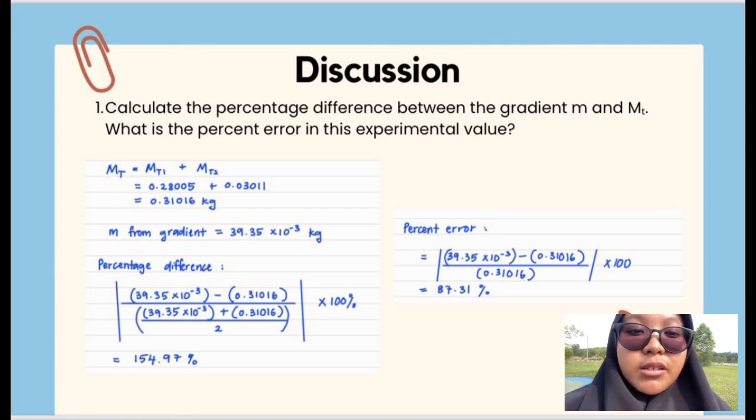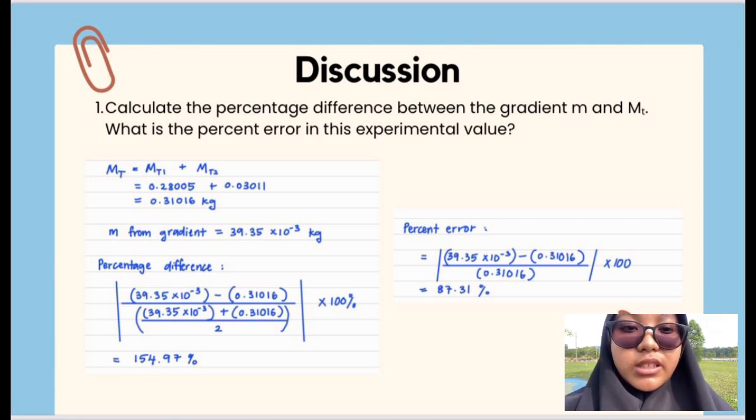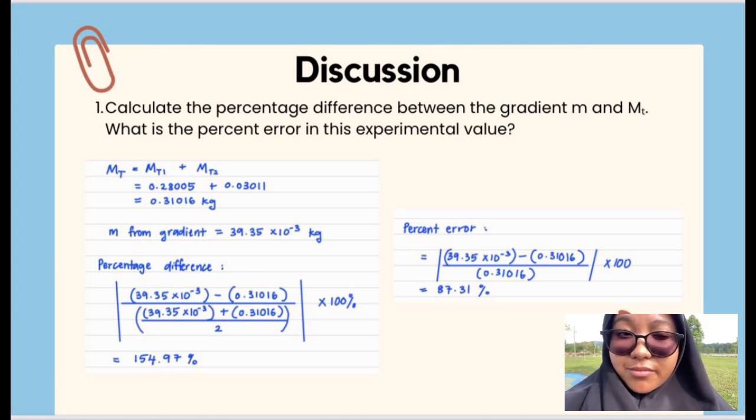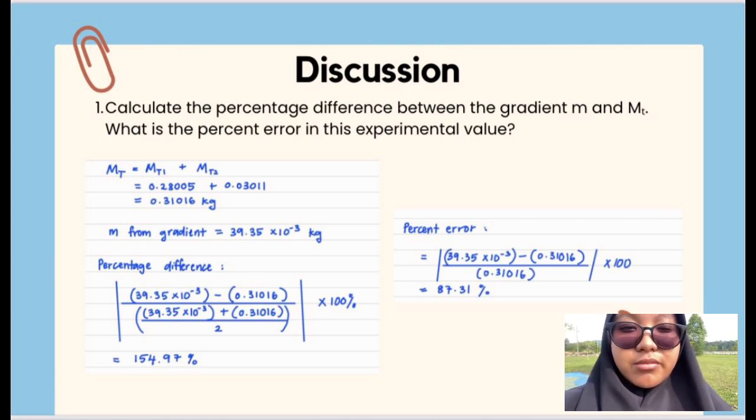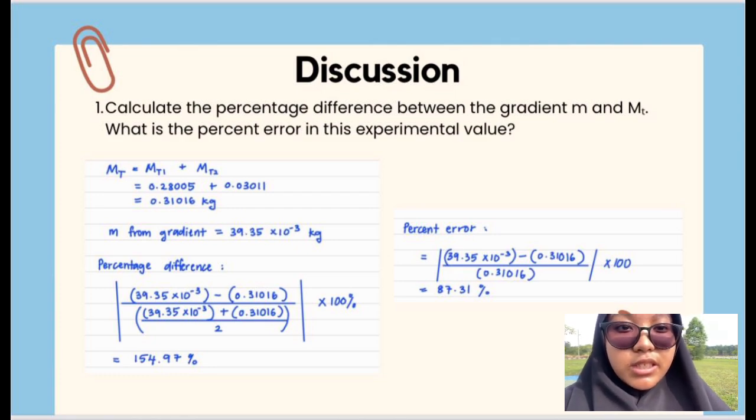Based on the gradient, the m is 39.35 divided by 10 kilogram. So the percentage difference, as you can see from the calculation, is